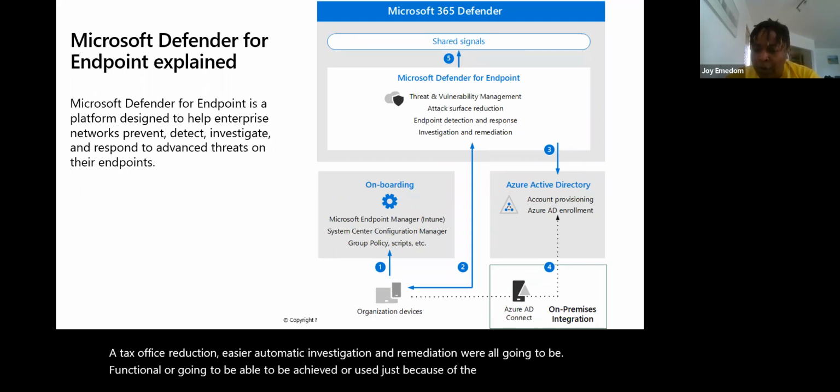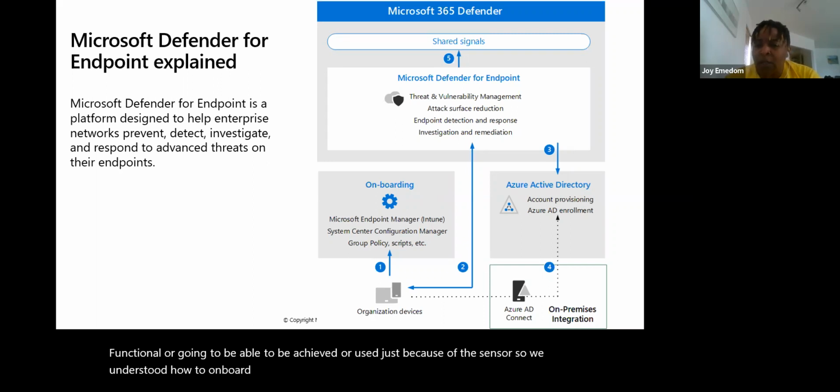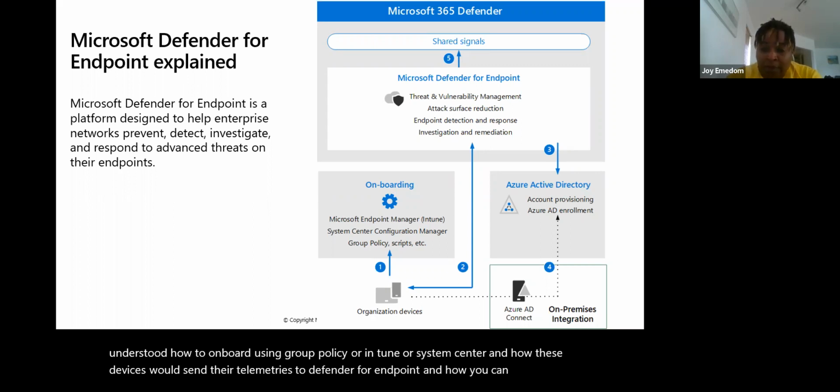So we understood how to onboard using group policy, Intune, or System Center, how these devices would send their telemetry to Defender for Endpoint, and how you can integrate this with your on-premise